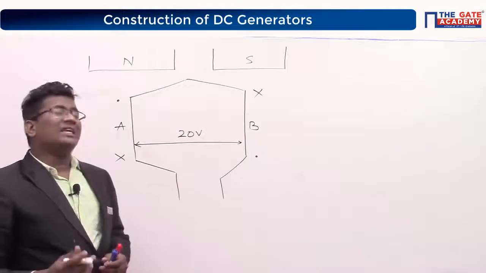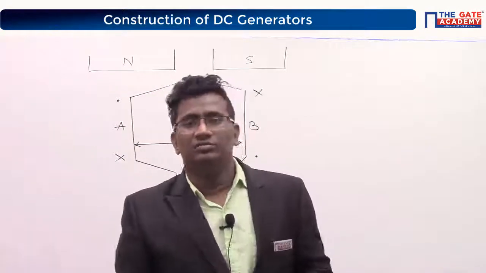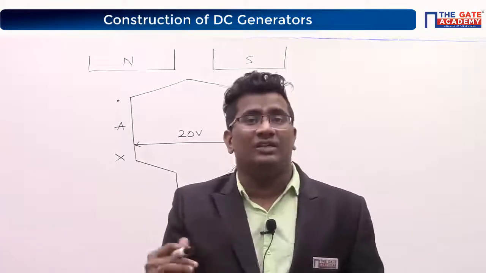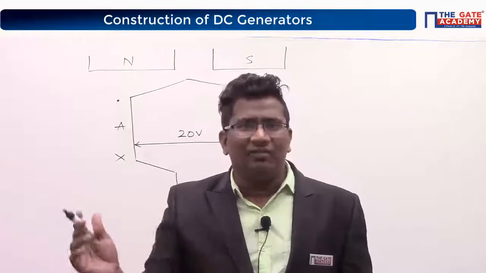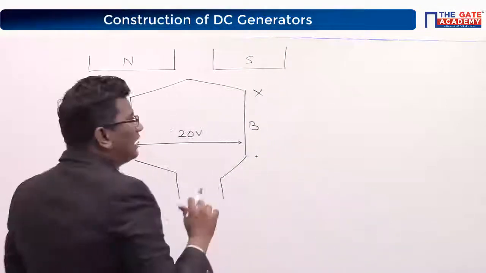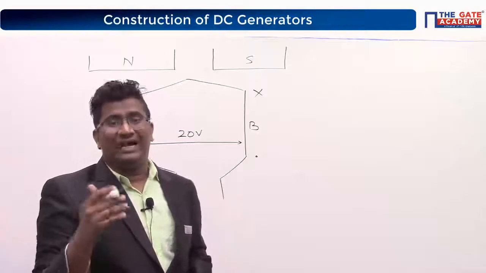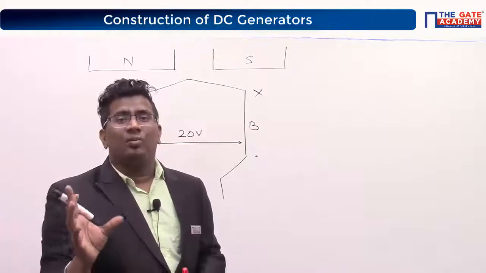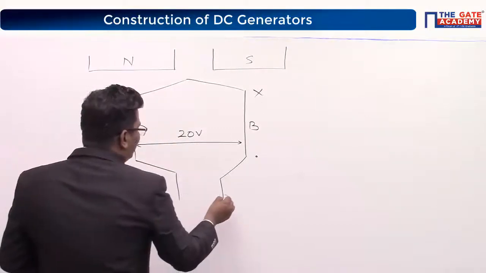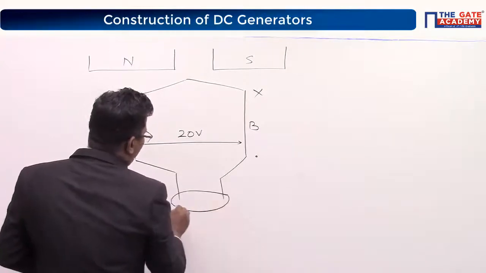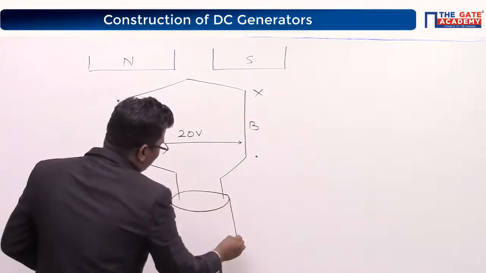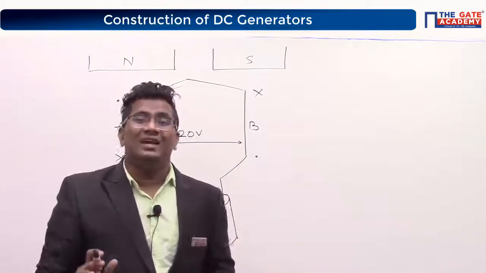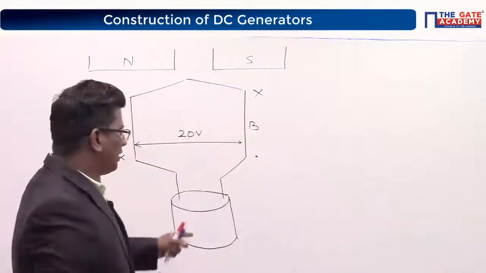Okay? What type of voltage? Is it AC voltage or DC voltage? Tell me. Your machine is generating what type of voltage right now? AC voltage, alternating voltage, right? Yes, AC voltage. To convert that alternating voltage to direct voltage, we have to use a special device called a commutator. Basically, a commutator is a device having a circular cross section and cylindrical shape, which is mounted on the shaft.